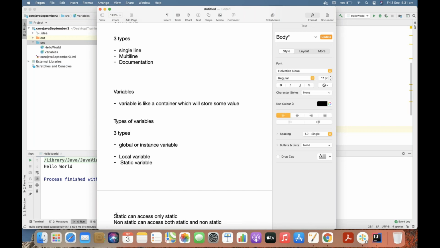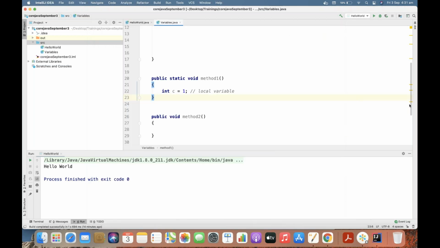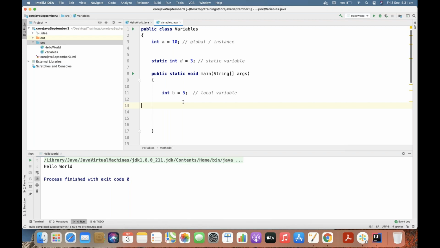What I mean by this statement is, if I try to use a print statement and try to print B, am I getting any error here? No, right? B is okay. It is a local variable, and I'm still in the main method, so it's fine.